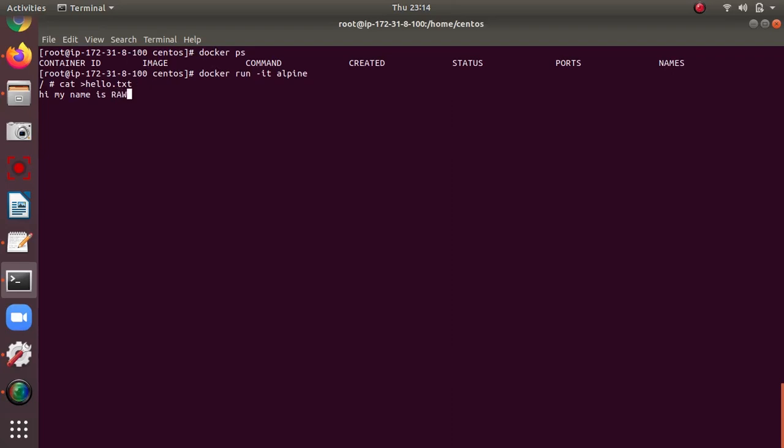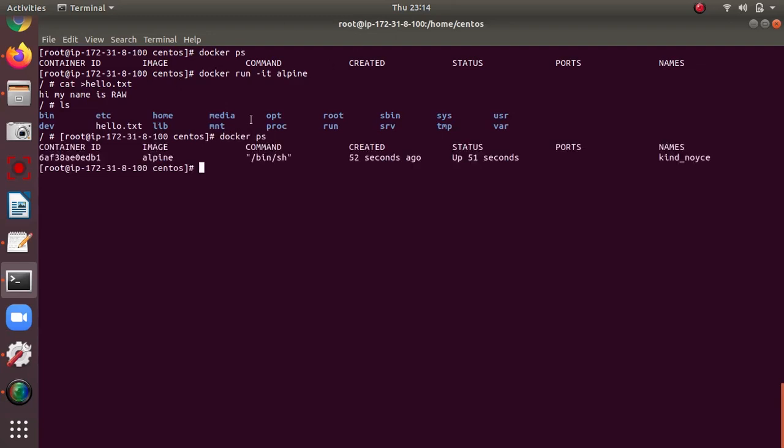After saving the file, you have to check it. On the root path, hello.txt is there. Now I am coming out of the container with Ctrl+P+Q so that it will not stop. When I check docker ps, yes, it is in running state.